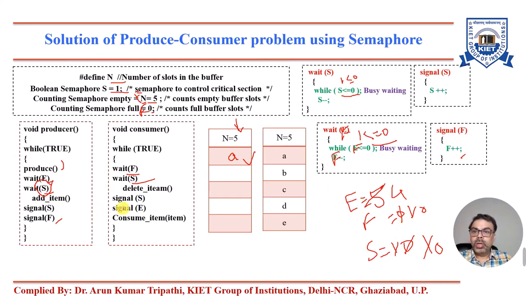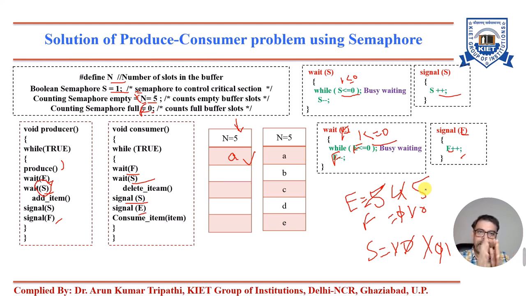Now the consumer will signal S after deleting an item. Signal S means it will increment the value to 1 after deleting, and it will then signal E, the empty slot. So the empty slot count will be incremented by 1. Now the empty slot count will be 5. So this is the procedure for how the producer and consumer